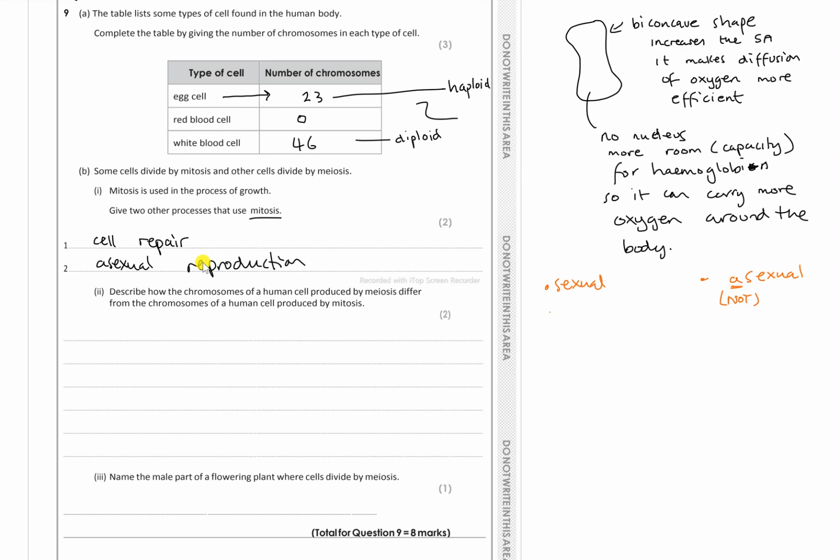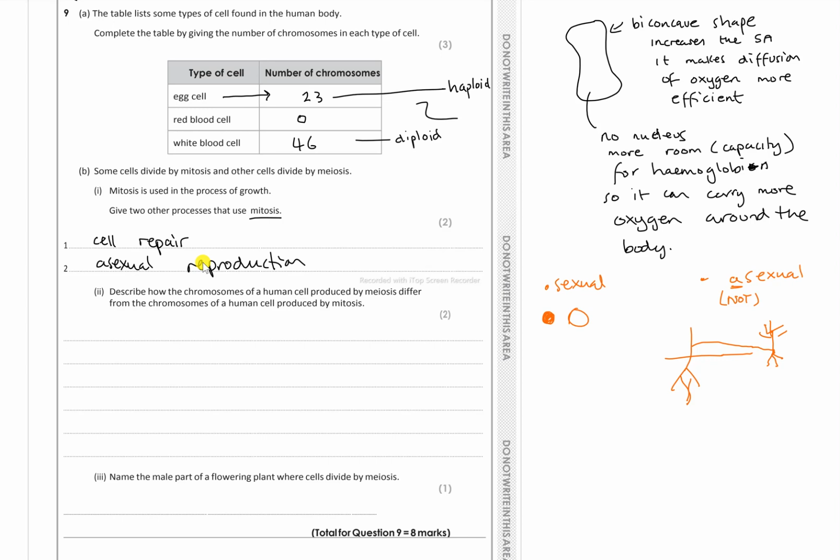So sexual will require pollen and an ovum, and asexual, what happens is there's a plant, these are the roots, it will fire off a runner. That's one way it does it. Fires off a runner, it goes away from the parent, it goes down and establishes roots in its own right, it becomes a